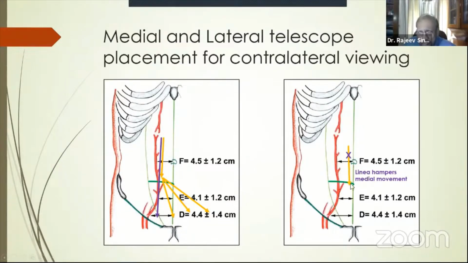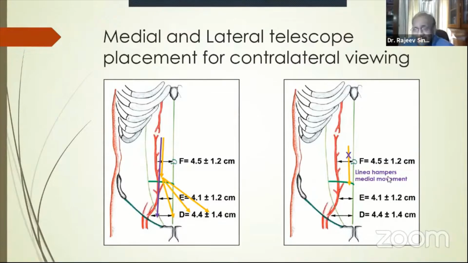No, you can't. You can only traverse below the arcuate line and only then hope to go to the contralateral side. Now, most of the ETPs that are done, the telescope is usually put on the same side or the opposite side. I'll just show you. If the telescope is put here, trying to negotiate the telescope and seeing the opposite side is easier than putting the telescope more medial and trying to visualize the opposite side. It is just pure, simple physical principle.